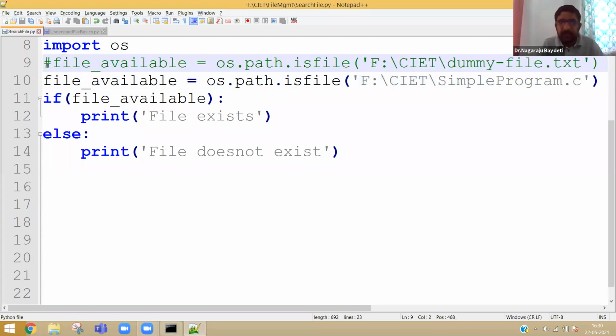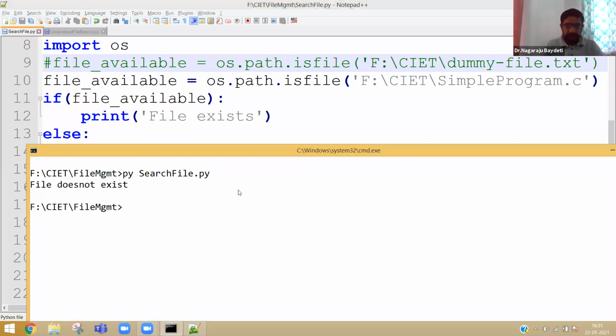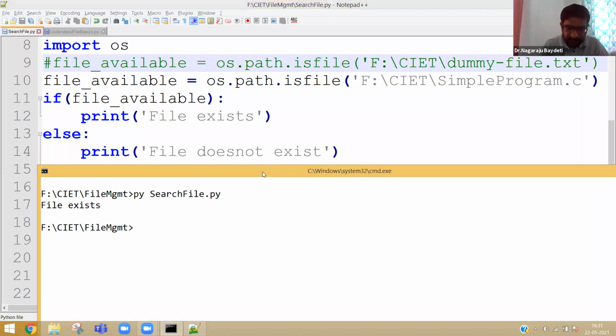Not the first line, the file where we are searching, a dummy file.txt which is not available. Now let us execute the program and see whether it will give me a message that file exists or not. Now you can see clearly it says file exists. So that means I can search a file.